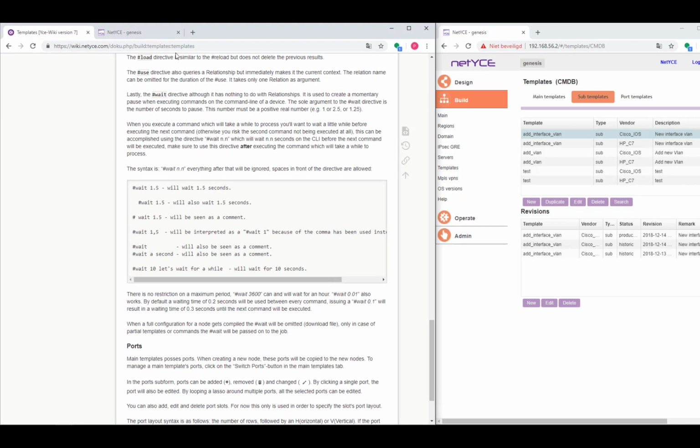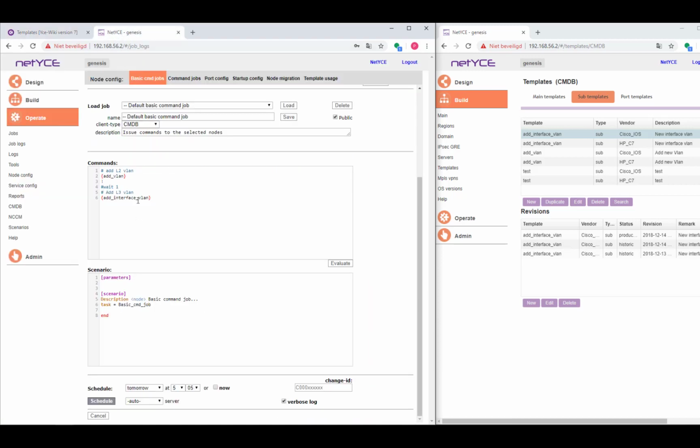You see it here in our wiki under templates where he explains about this. So if you do 1.5, it waits 1.5 seconds. If you add a space, it becomes a comment. Don't add a comma because it thinks it's only 1 second. And if you change the 1 into 10, it waits for 10 seconds. So it's really straightforward, really easy, but it can be really handy in some situations. So we can actually add a comment here. Wait for 1 second to let the code be